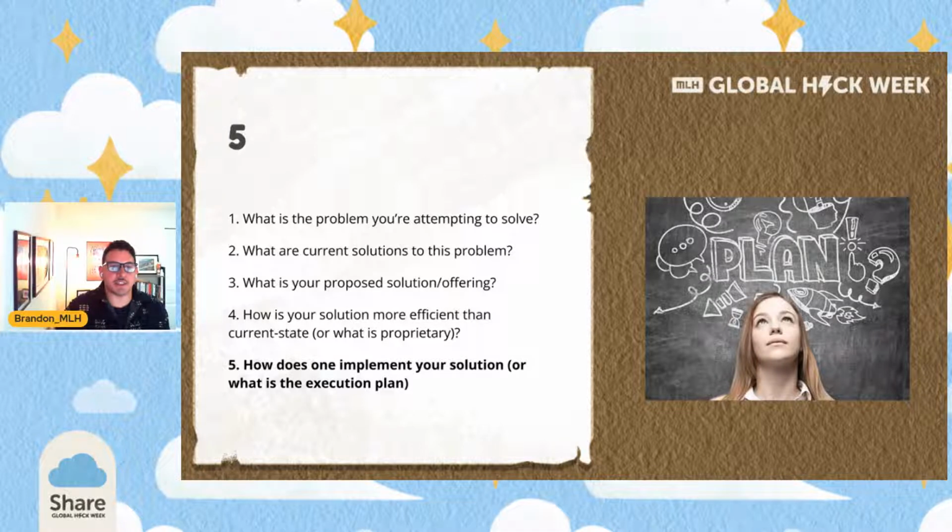So, let's take it back to my Jersey example, right? I'm just going to run through and give answers to each of these, and that can be a pitch. Like, if I just meet someone on the street and I'm trying to get them to use my app. So I just say, hey, I like your jersey. That's really cool. I also like vintage jerseys. Let me tell you about this app that I've got real quick. You know how it's super, super hard? Yeah, it is hard to find jerseys. Great. I hate having to web crawl through eBay and Twitter and all these other channels to find the jersey I want. But what I just built here is an app that brings this all into one place.